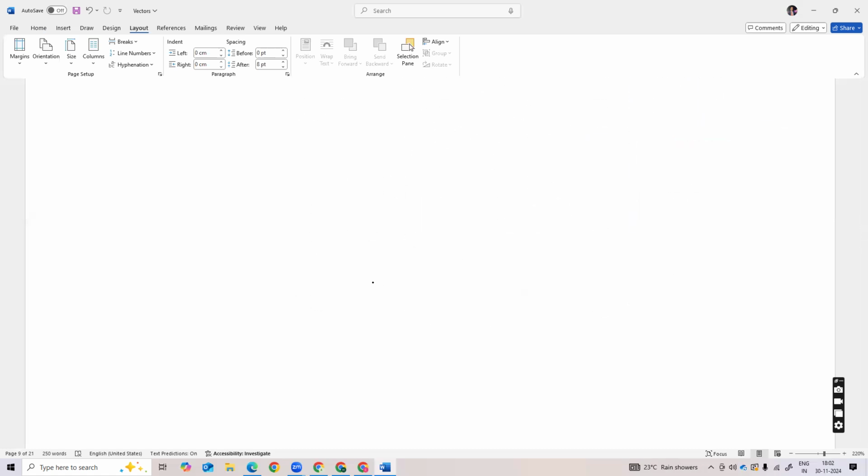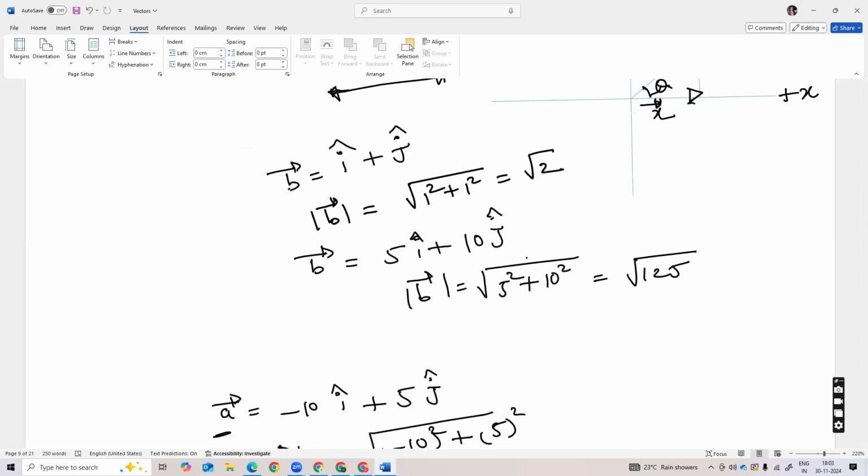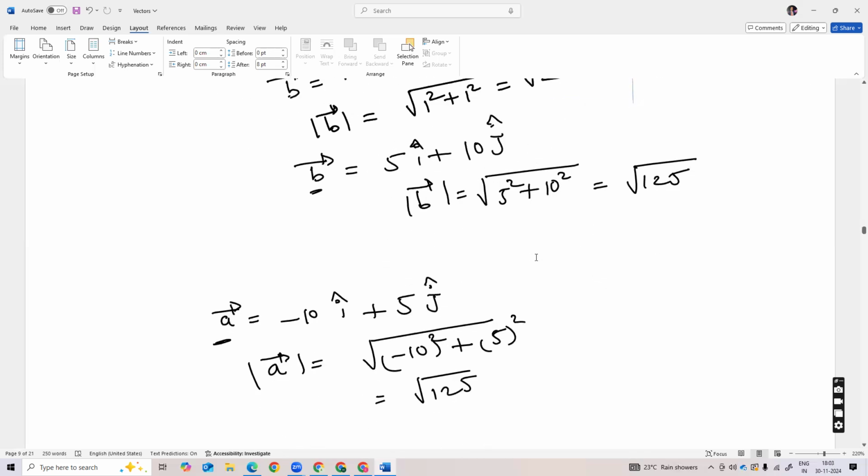Now consider one more example. Let's say vector A is minus 10i plus 5j. Then its magnitude will also be the square root of minus 10 whole square plus 5 whole square, so it is also root 125. The only difference between this vector A and this vector B is that both have the same magnitude, but their directions are different. If we want to show it,